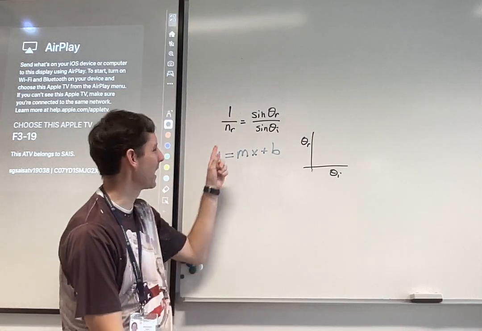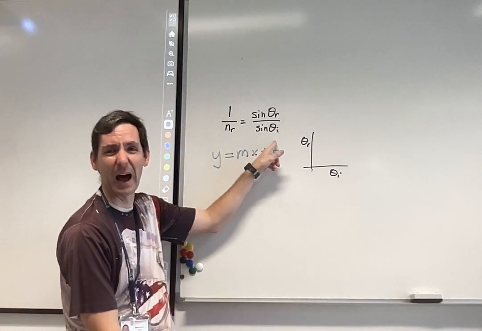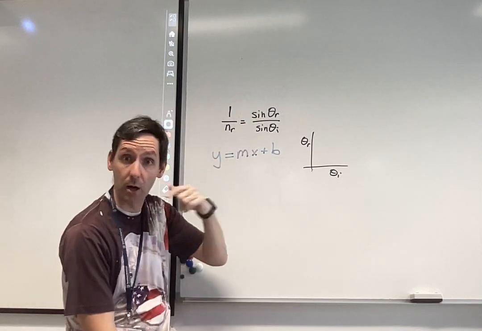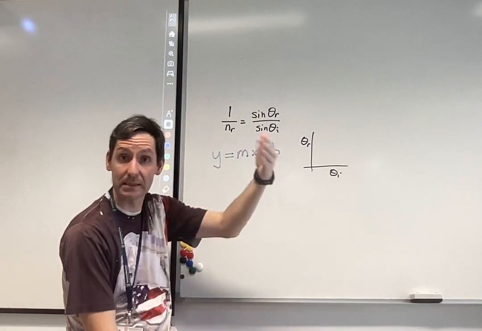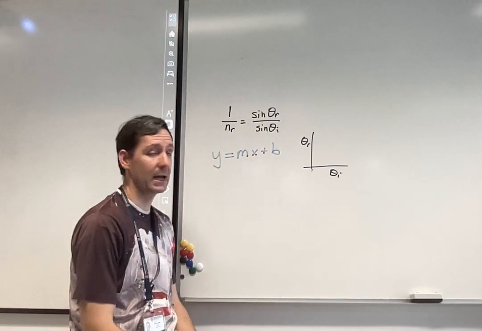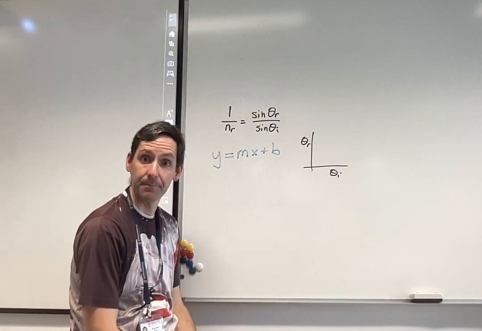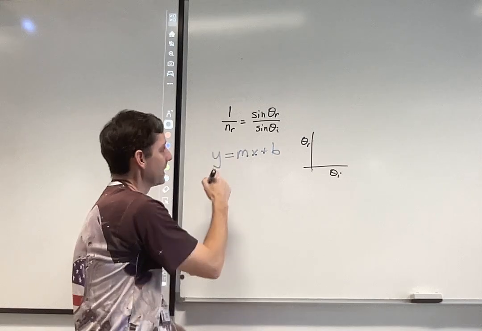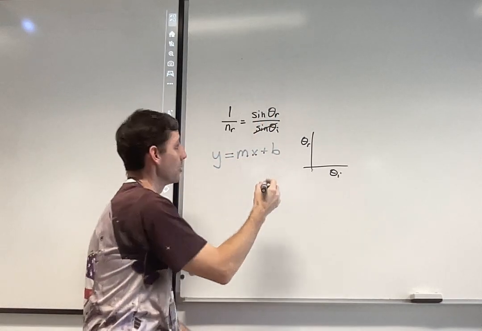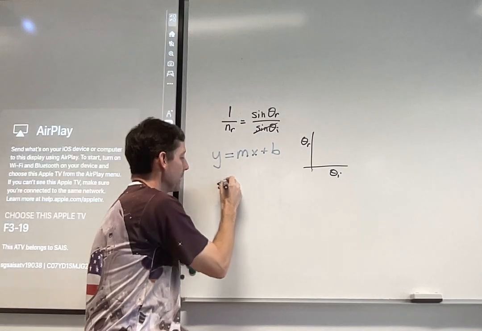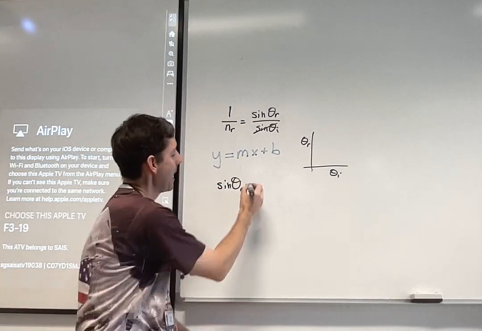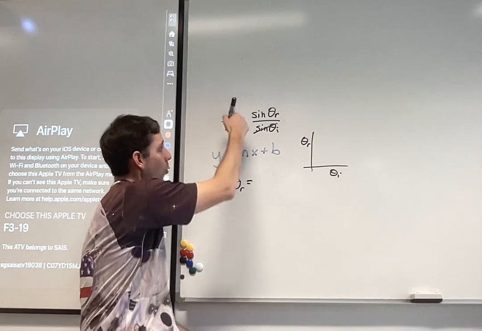So the first thing I'm going to do is try to get rid of that fraction. I also recognize that I want the theta I to be on the other side of the fraction. I don't want it with the theta R, the angle inside the acrylic. And so I'm just going to multiply both sides by sine of theta I, okay? Now, if I do that, what I'll get is on this side, the sine of theta I will cancel out, and I'll be left with sine of theta R, the angle of refraction, and that will be equal to 1